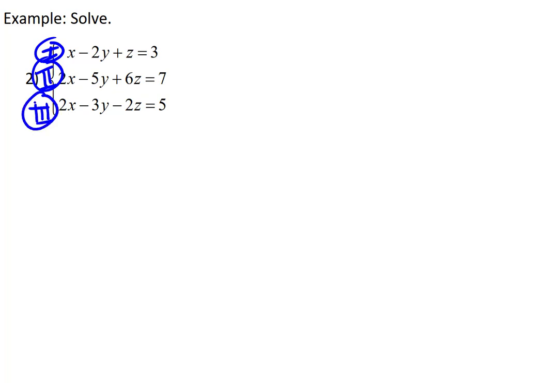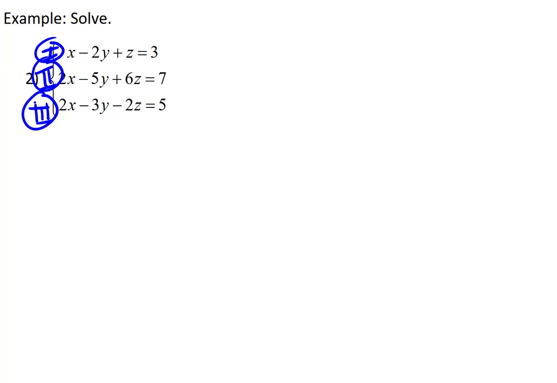Now remember, we want to make sure all like terms are lined up vertically and all equal signs. That's already the case here. If it weren't, we would focus on fixing that first, which means here our next step is to pick a variable to eliminate. Now again, there's really no wrong answer for this, but given what we see with all